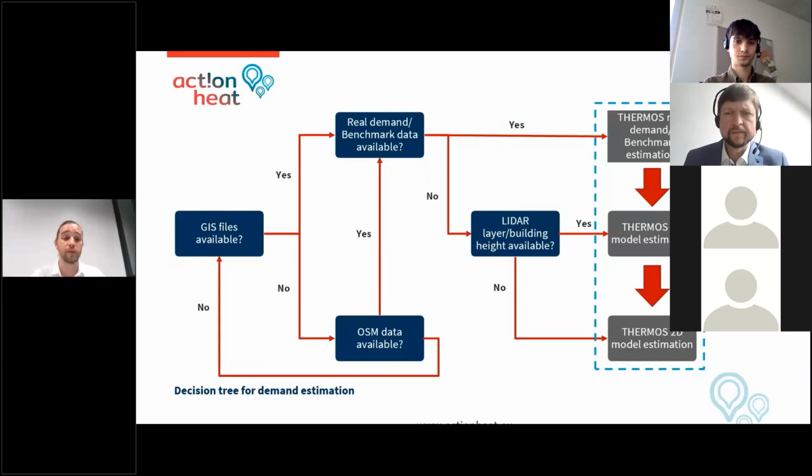to check if there's real demand data or benchmark data available. In case there is, this data will be implemented onto the GIS files or the OpenStreetMaps files already inputted into the tool, and then we'll have the highest hierarchy possible for the project, and it's the Thermos real demand or benchmark estimation. If there's no real demand or benchmark to be found, then the next question to be asked is